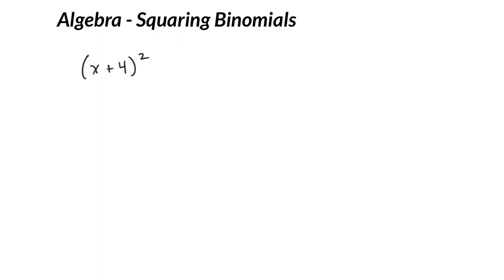All right, I want to talk about squaring a binomial. Just a reminder, a binomial just means two terms. So you see I have this x plus 4, this kind of linear function, and I'm squaring it. So a binomial squared. Now, the most common mistake people make is thinking that this